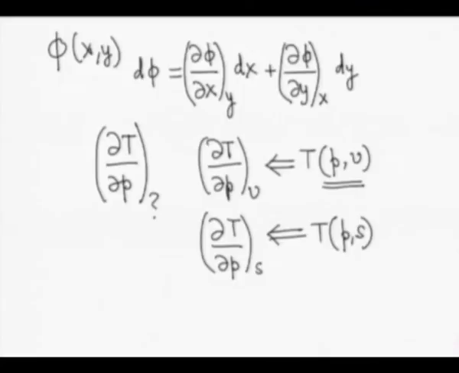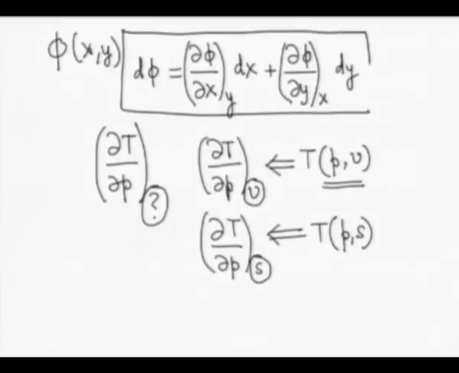So that is why just writing partial of T with respect to P will leave this question open, and that is why we will be very particular in writing the variable or variables which are maintained constant as subscripts for that partial derivative. Okay. But our main thing is this: